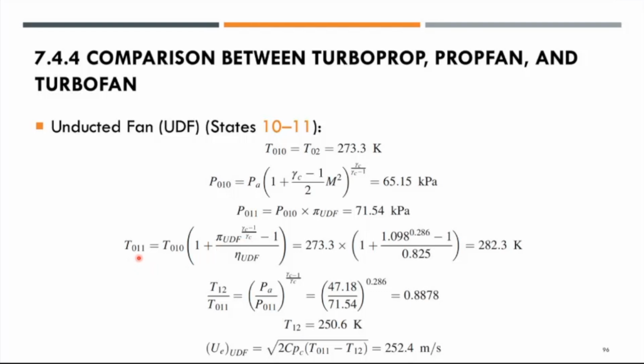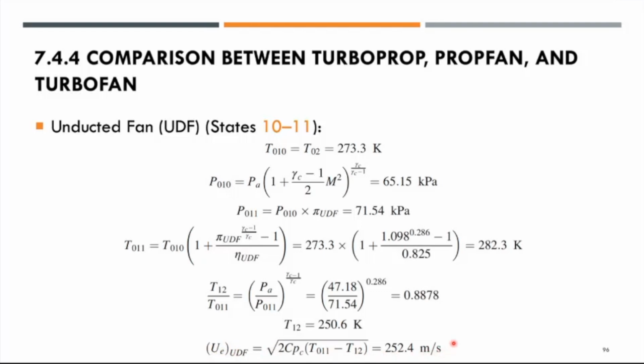With regard to T11 now, you will then use the values of the compression ratio of the unducted fan and the efficiency of the unducted fan given earlier. You can get the value of T11 to become 282.3 Kelvin, right? So eventually you can then get the value of T12 to become 250.6 Kelvin. That resulted in the exit velocity, UE, of the unducted fan to become